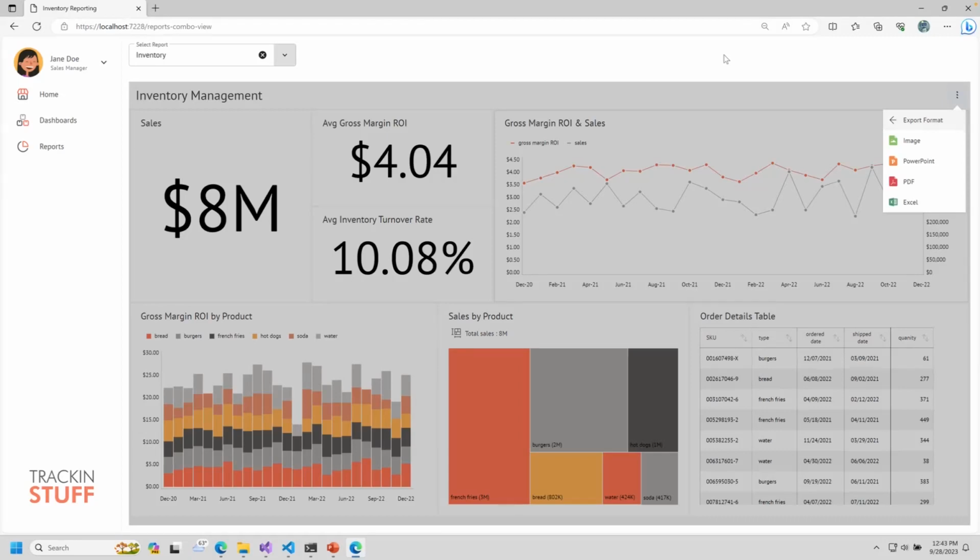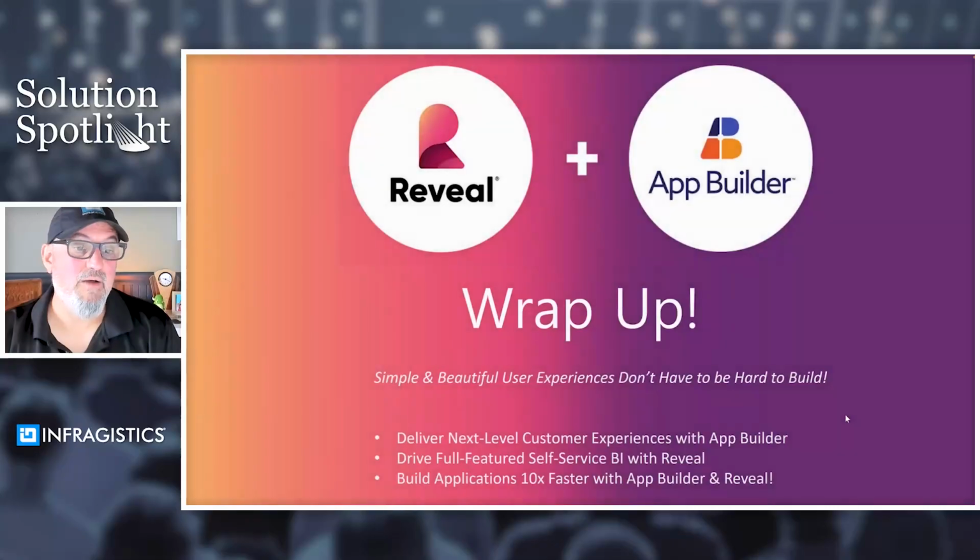You'll notice that to build out an interactive application with App Builder and with Reveal, I didn't have to write any code. Everything was click, drag and drop, set properties, run, generate code. Again, if you want to generate code, you can push it right into your own CI/CD in GitHub with GitHub Actions, or you could download a zip. Maybe you don't want a whole application. Maybe you just want a screen. You can just copy paste an individual screen. But the beautiful thing is combining these two technologies to enable beautiful experiences for your customers. And I think that's probably where we'll end up here. If I bring up my last slide,